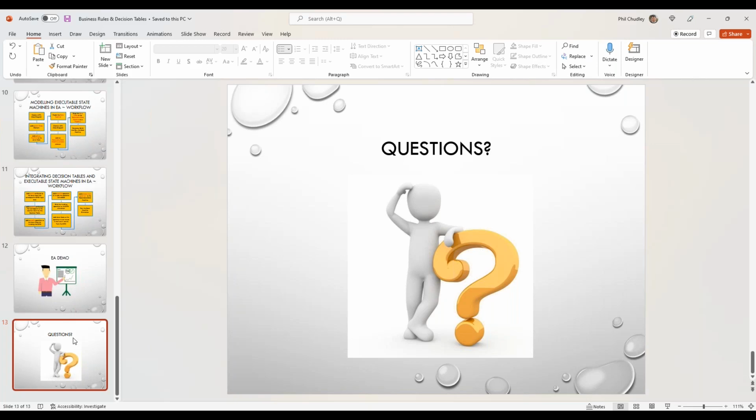So apologies for the slight hiccup in the middle, where we got slightly lost along the way, but we recovered. These things are sent to try us. Hopefully that didn't detract from the value. The objective is to give you insight as to what Sparx Systems EA can do in decision tables, pique your interest so that you can have a look, investigate further, and have a bit of fun with it. So thanks very much for your attendance today. It's been my pleasure to produce the webinar. I hope it was beneficial to you, and I value any question.